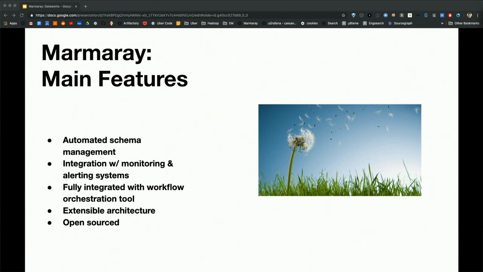We made this extensible architecture. So we were very deliberate in ensuring that everything we created was as generic as we possibly could make it, with an eye towards the future and having the platform evolve so we can handle all sorts of future ingestion and dispersal needs. Finally, again, it was open source as of last September, so feel free to take a look at the GitHub and look at the code.